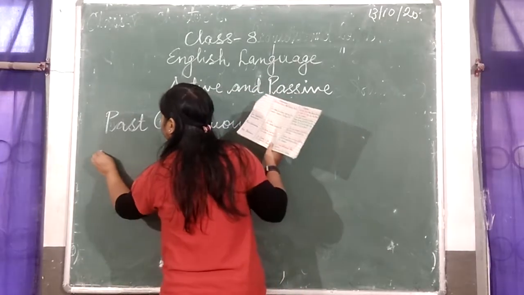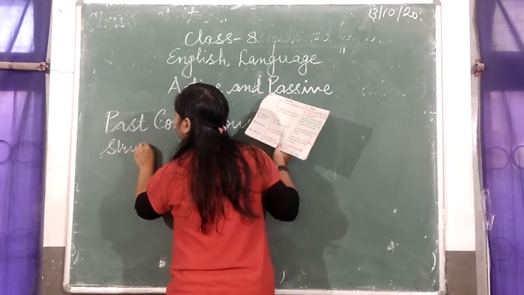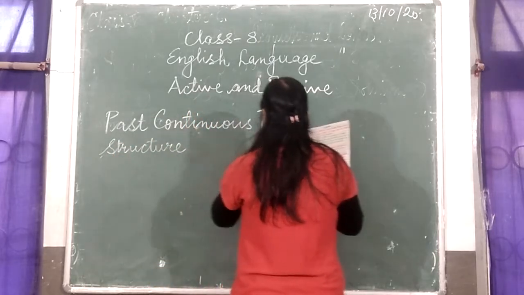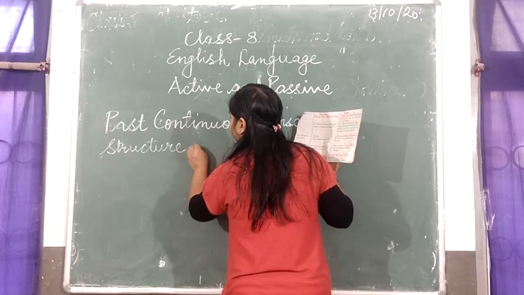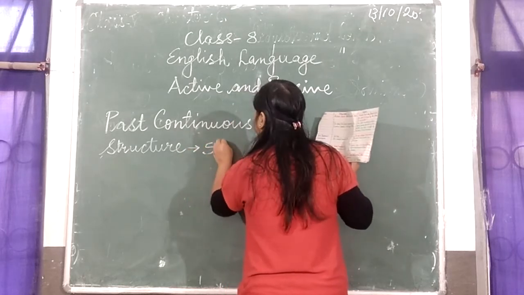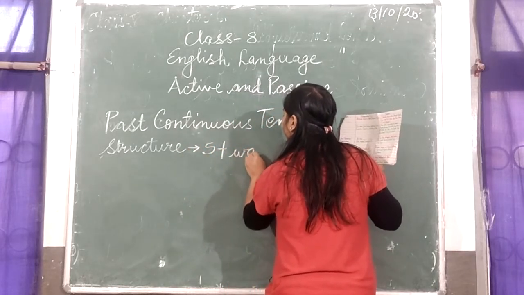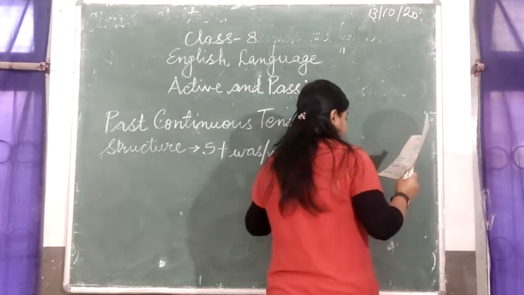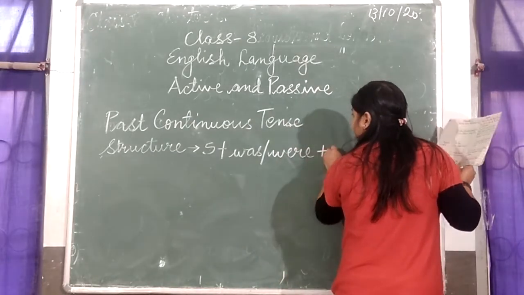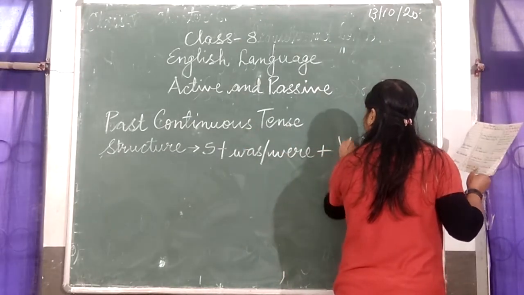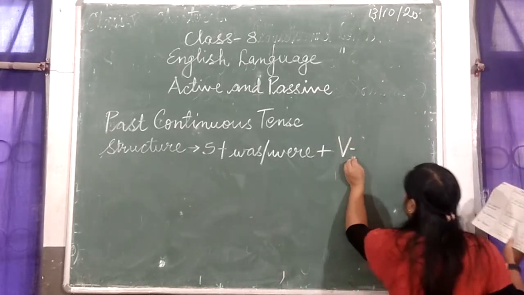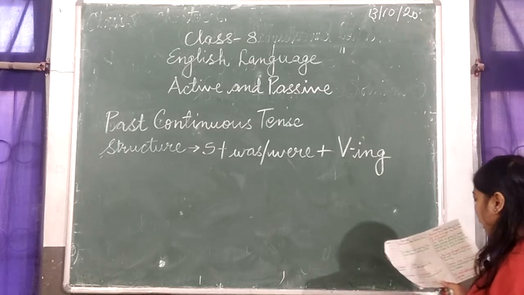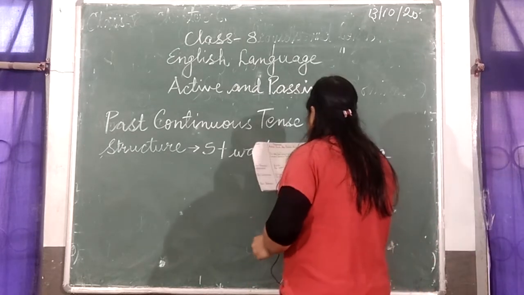The subject has to be there. Plus was or were. These are auxiliary verbs. It has to be there because it's there in the structure. Plus, since it's continuous, the ing form of the verb, or the fourth form of the verb. It has to be there. So the example goes like this: